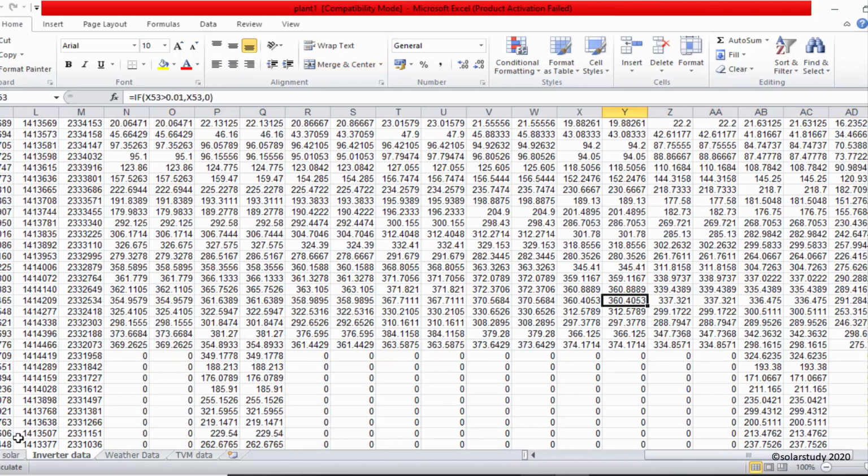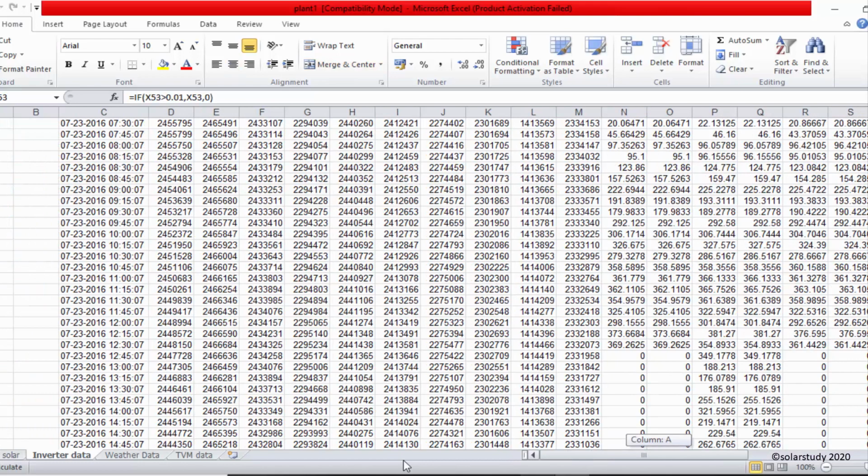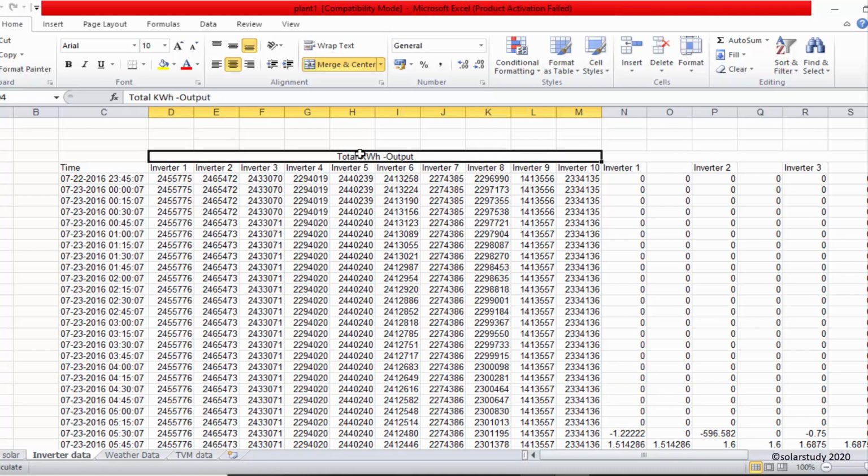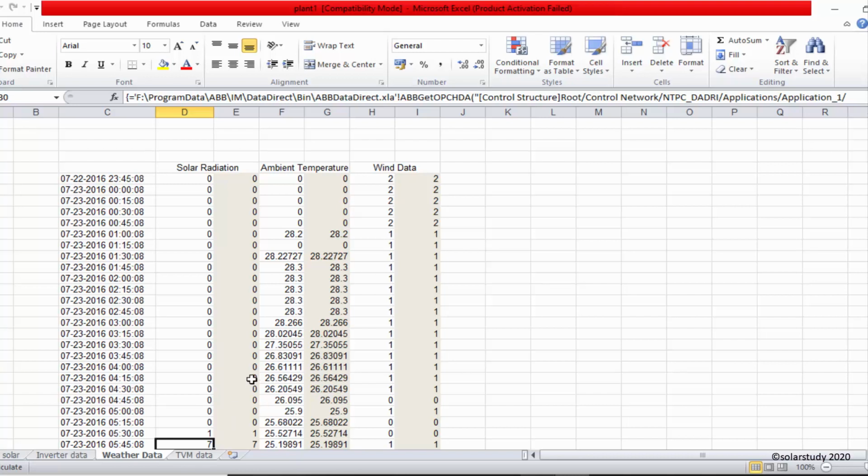Same thing that we saw in the solar data is acquired in the inverter data set. So here we get the output from the inverter, and also the output from the transformer, or we can say how much power is feeding to the grid. That's it, simple. That is in sheet 2.